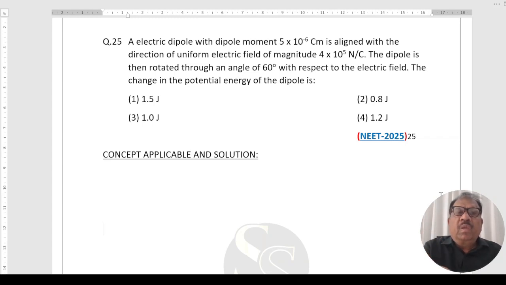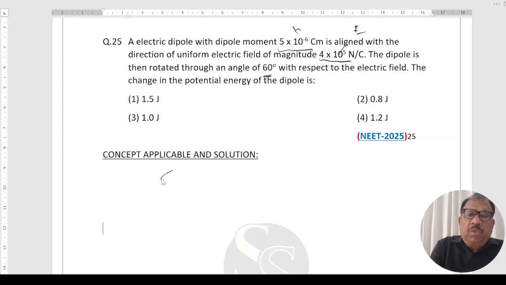The question is: an electric dipole with dipole moment of 5 into 10 to the power minus 6 coulomb meter is aligned with the direction of a uniform electric field. This is P, this is E. The dipole is then rotated through an angle of 60 degrees with respect to the electric field. The change in potential energy of the dipole is